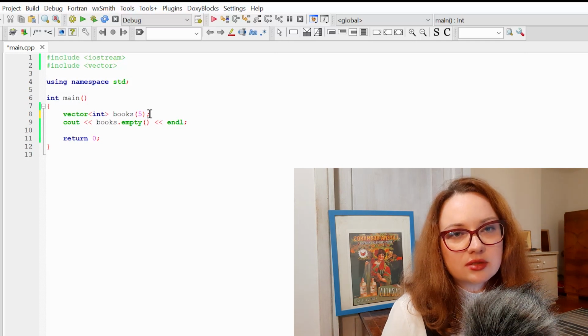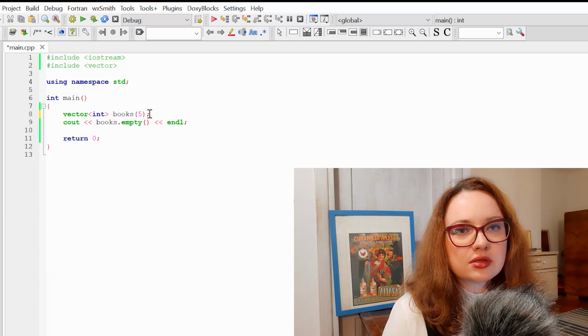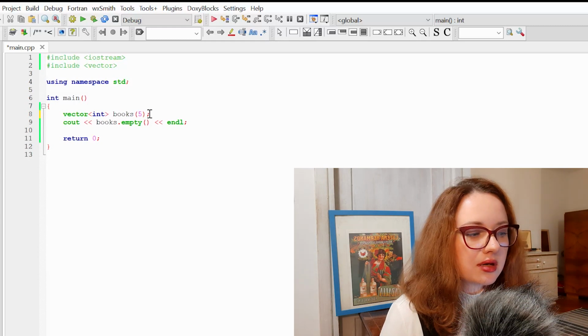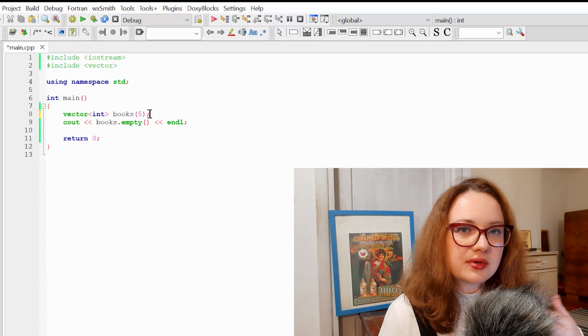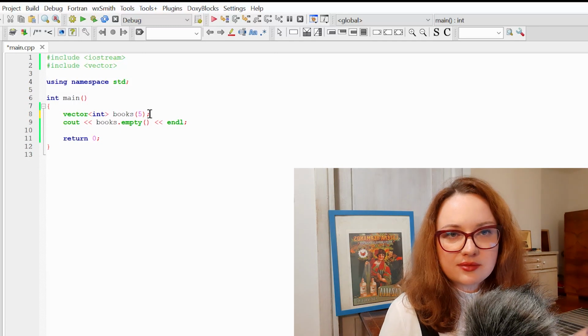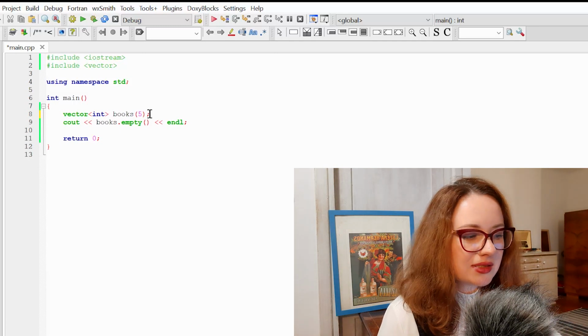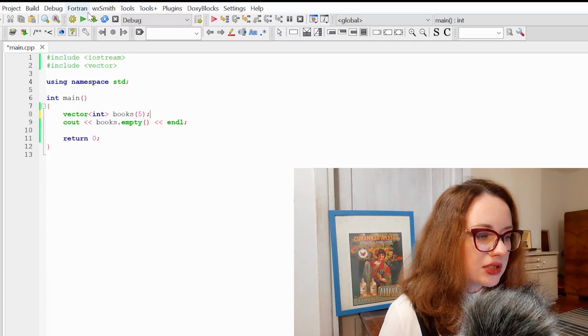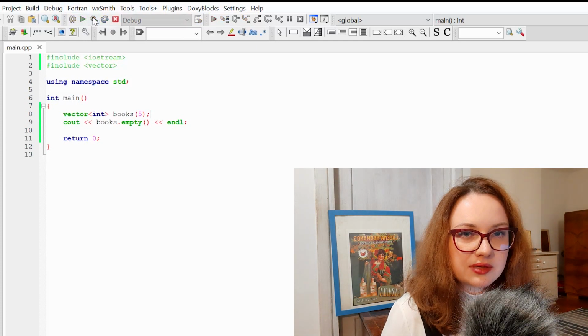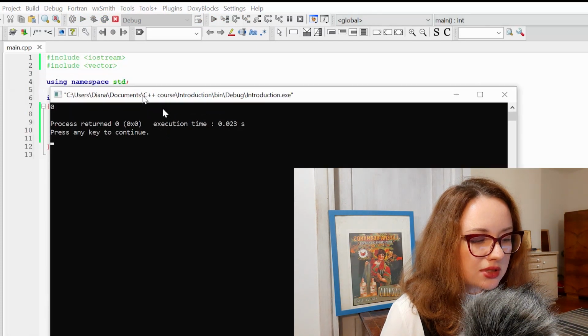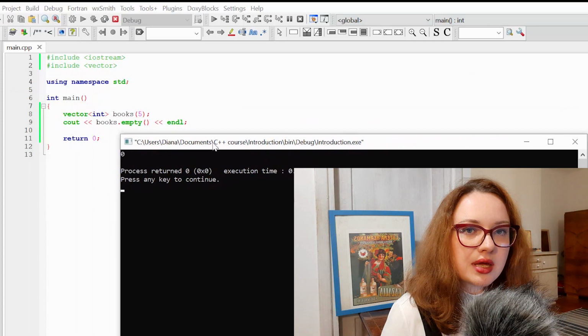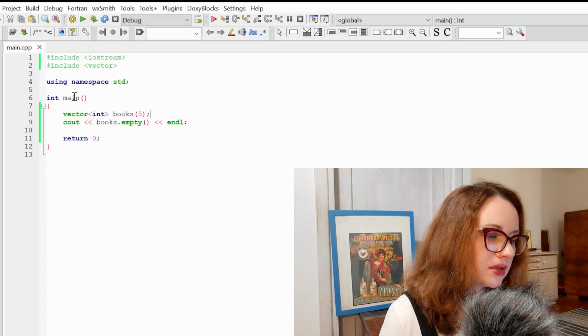So when you use vector, once again, you shouldn't worry about garbage in the memory you are going to allocate. Vector will clean it, and if I declare vector with a size 5, I have a vector where we have 5 members and each member is 0. So let's once again check if my vector now is empty, and you can see the result 0. No, I have now 5 members in my vector.